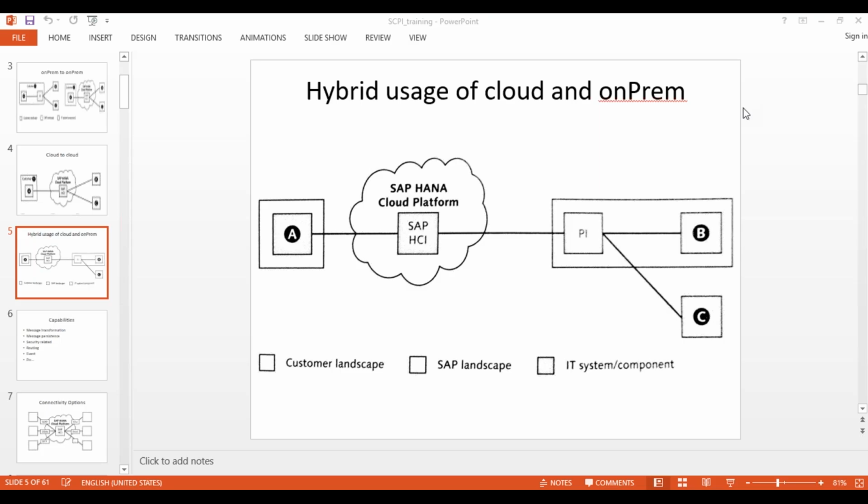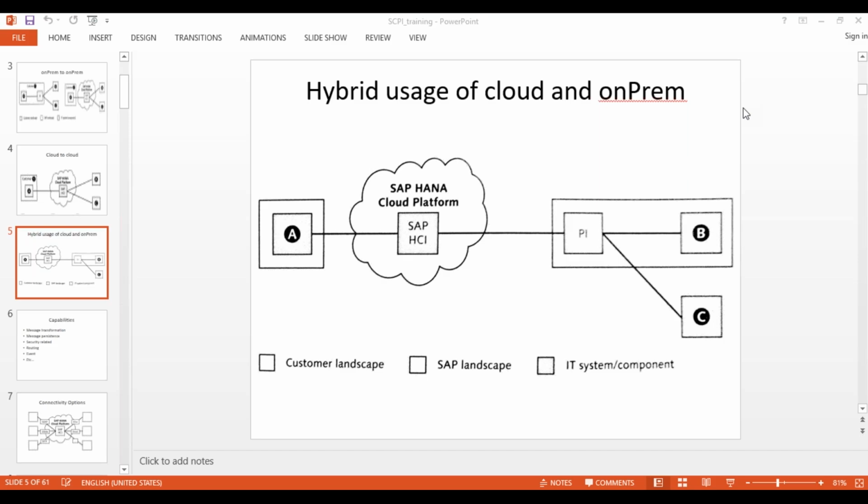No, it looks like I put the question the wrong way. My question is only between HCI and PI. I know we have a number of connectors which we can use in HCI, like SMTP and all those things. That's correct. But just to connect to PI, are we going to use SOAP, or the XI protocol?